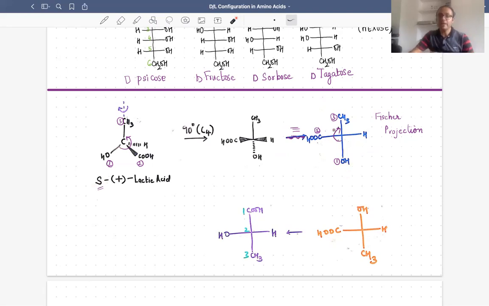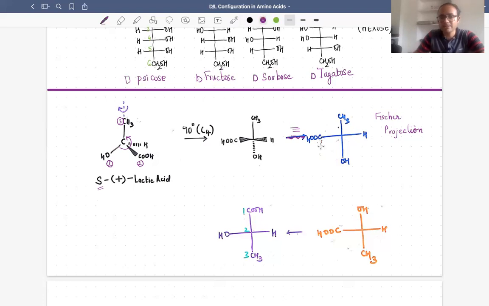Okay, very well said. Now the next thing is to orient this Fischer projection with the carbon chain on the vertical bond. So we have to bring the carbon chain on the vertical bond. That is what you might be remembering from the discussion that we did. So that is what we are going to do now. First we have to know which is the carbon chain. So this is the carbon chain. Let me show it with the laser. This is the carbon chain, and the OH is the substituent. So we have to bring this bond on the vertical bond.